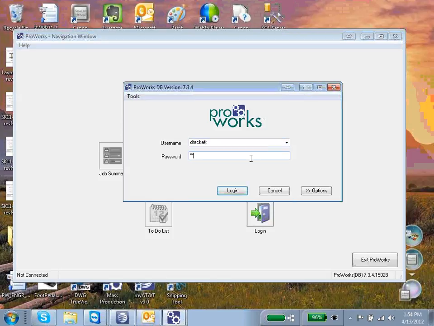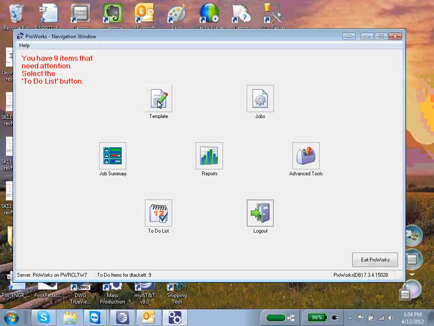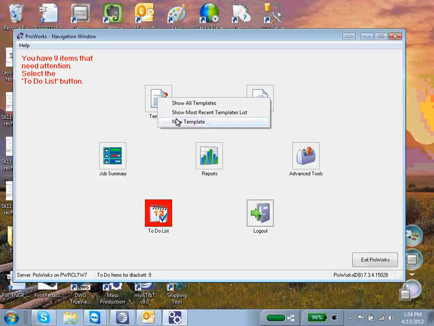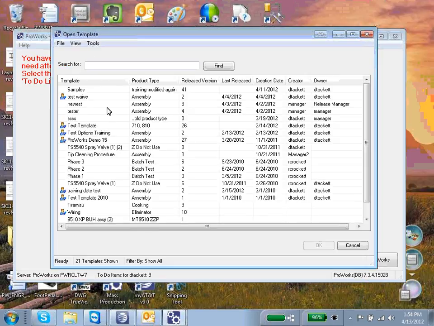This gentleman here, we can access. We'll type in a password. And now this icon here is now full color and indicates that I can have access into it. There's a couple different ways to jump into templates. To create a new template, the fastest way is to click right and just say new template, and that works great. Another way is I can just click on the icon and I'll get a listing of the existing templates. But since we're actually creating one new today, I need to say new, file new, and I have new